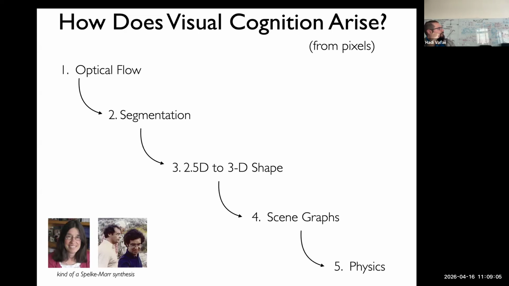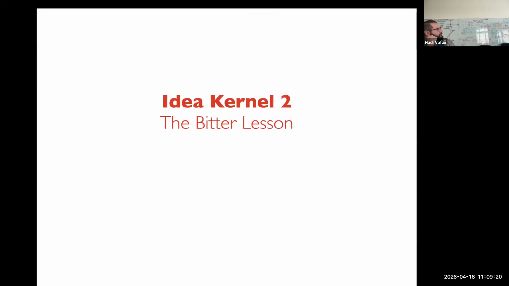And it's kind of a synthesis in my mind between David Marr kind of thinking and Liz Spelke and the other developmental scientists, developmental cognitive psychologists, that folks probably know. So this is one concept, right? But of course there's this other idea, which is almost the opposite of this, closer to the thing that I was saying earlier, which is the bitter lesson. I mean, folks here have probably heard of the bitter lesson, right?